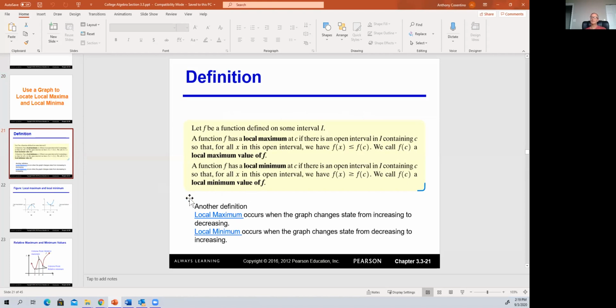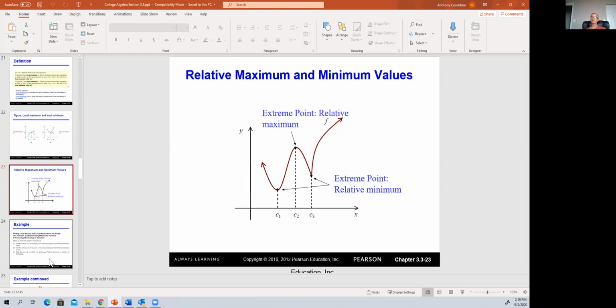The way I like to think about it is what I've written down here at the bottom of this slide. That a local maximum occurs when the graph changes from increasing to decreasing. And a local min is when the graph changes state from decreasing, going down, up to increasing. So what do we mean when we look at a graph? So if you look at this example that I have up here on the slide, you could see that